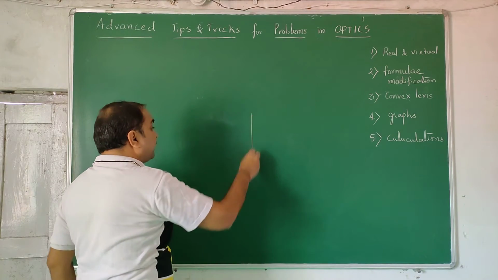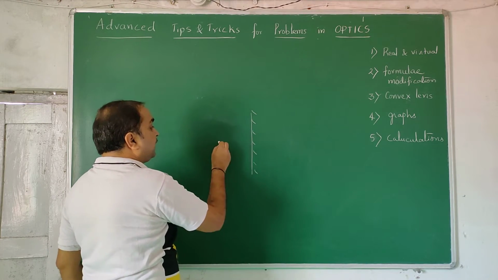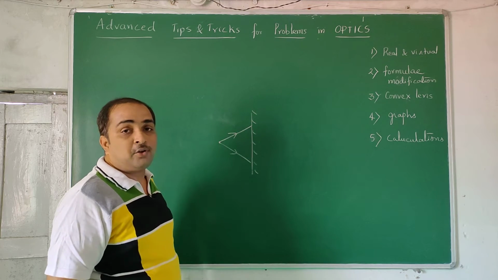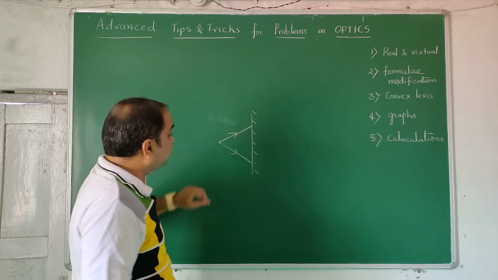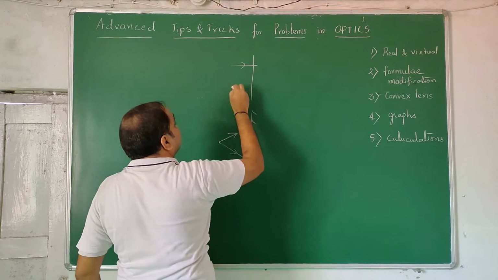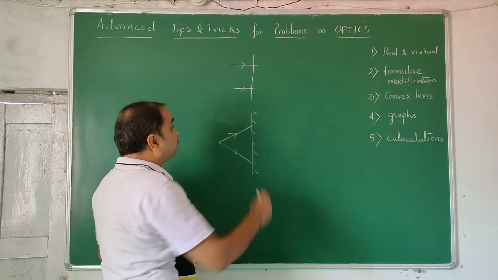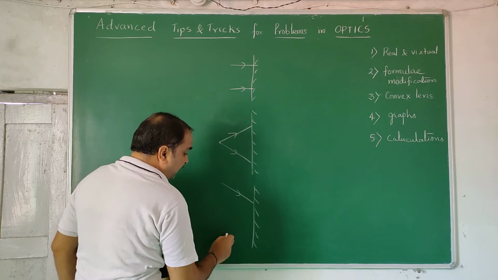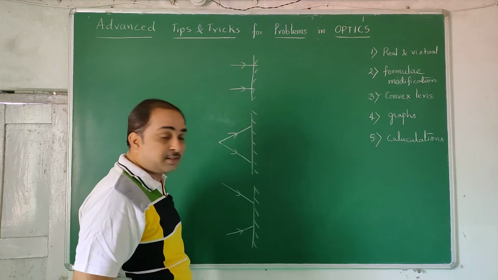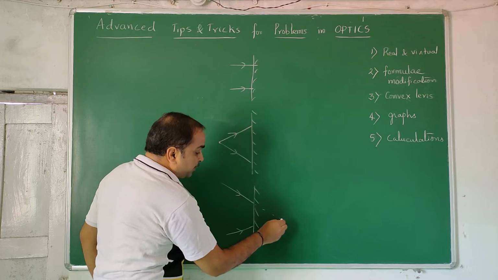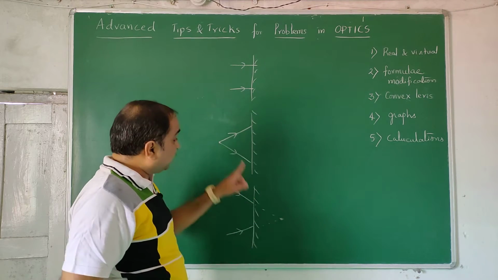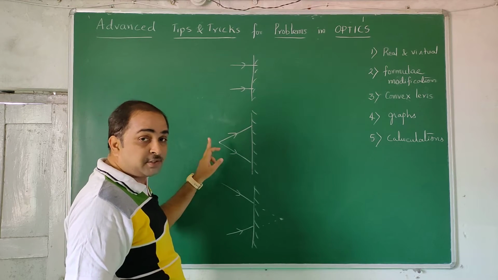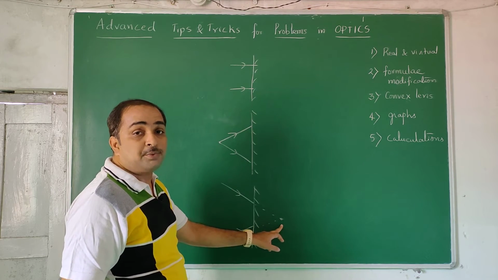For example, I have a plane mirror. I keep the object here, say a small bulb, and rays are going like this. Before the optical element, they are already coming from a point. If they come parallel like this, we say the object is at infinity. If you have a plane mirror and the rays are coming like this, these are incident rays, incoming rays. So we take some object to be somewhere here. Object at infinity, or object at some distance, which is a real object. This kind of object is called a virtual object.